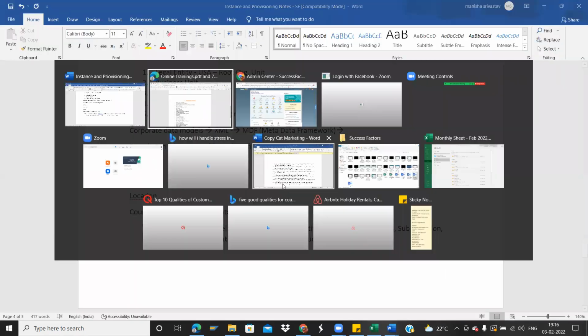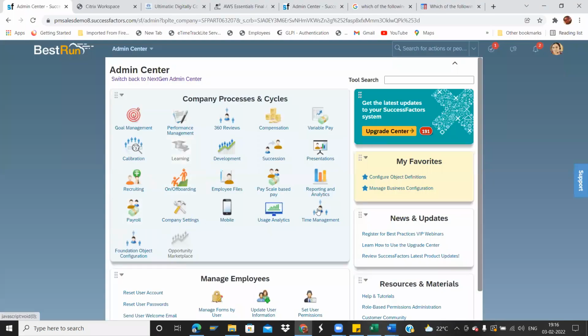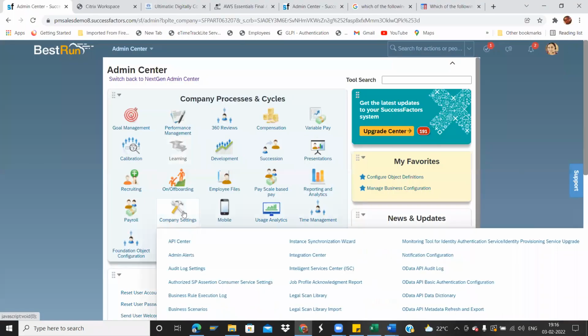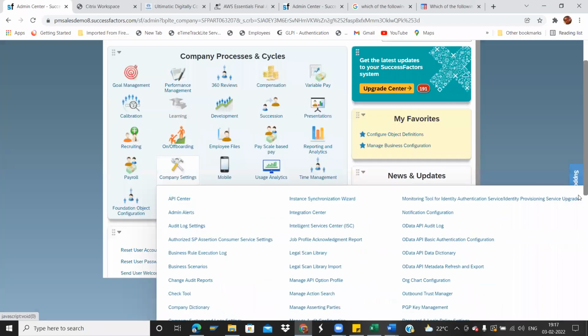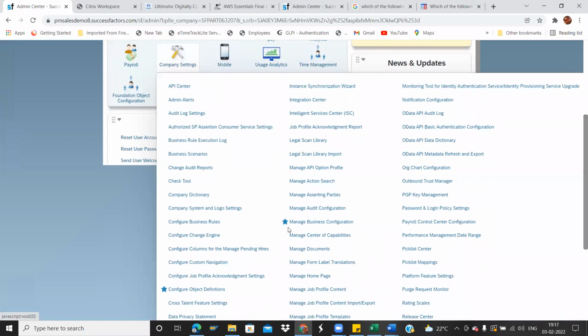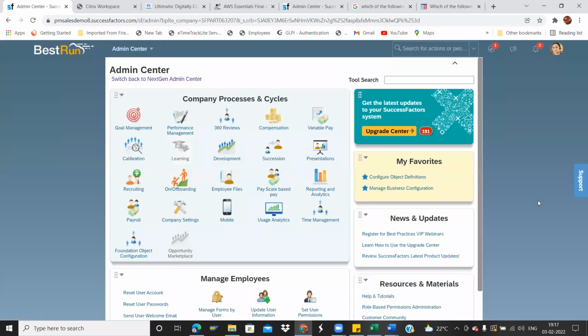So I was saying, if I want to go to custom MDF object creation, I will search for Configure Object Definition. For example, from here the Succession Data Model is configured, and from here Configure Object Definition, MDF objects are configured. But rather than searching this, there is one more way to go to the action for configuration.